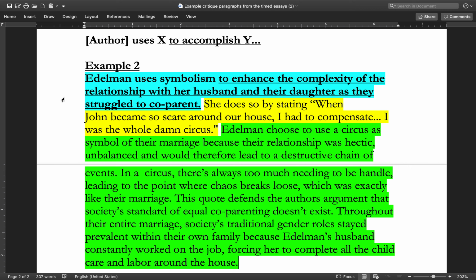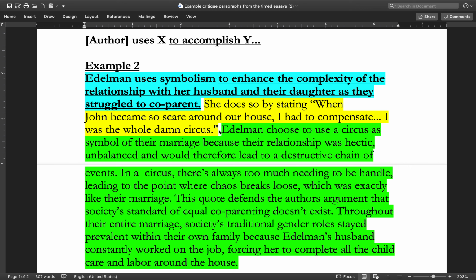Yes. I only highlighted one sentence yellow because I only see one quotation, which means we have a significant amount of explanation. Now, sometimes a significant amount of explanation just turns into wordiness. I think the student does a pretty good job of not being wordy, but just unpacking the quotation thoroughly.